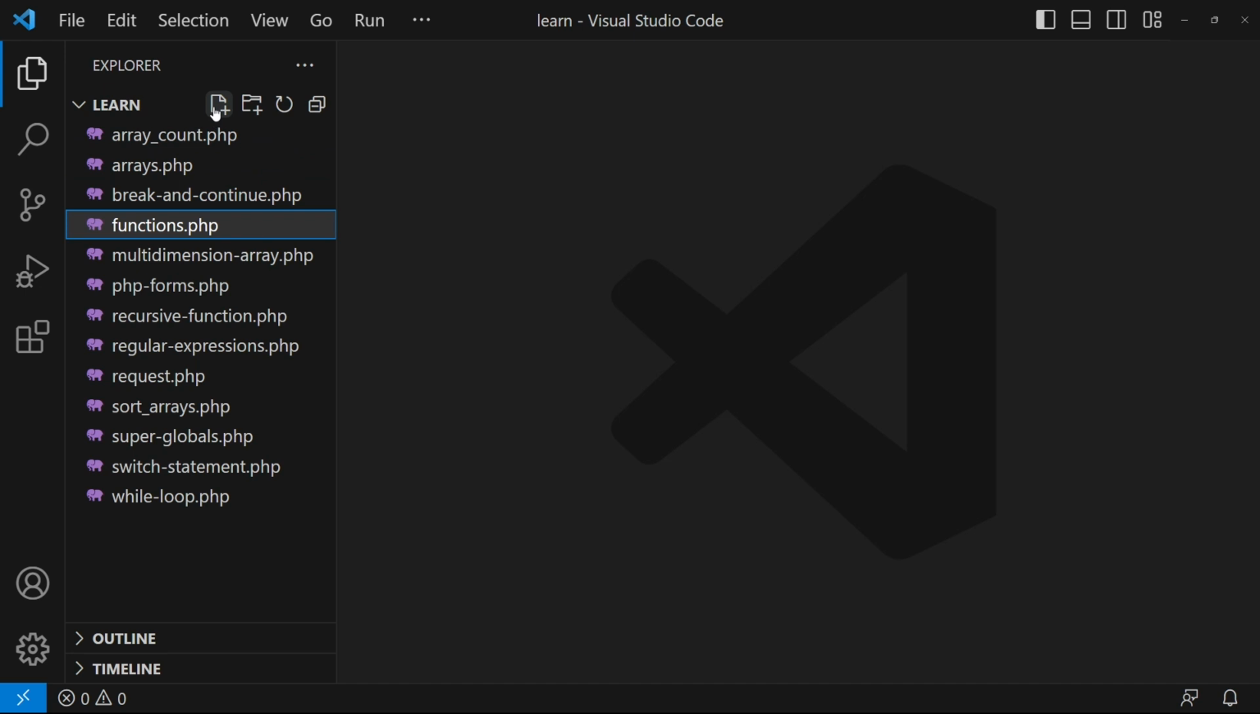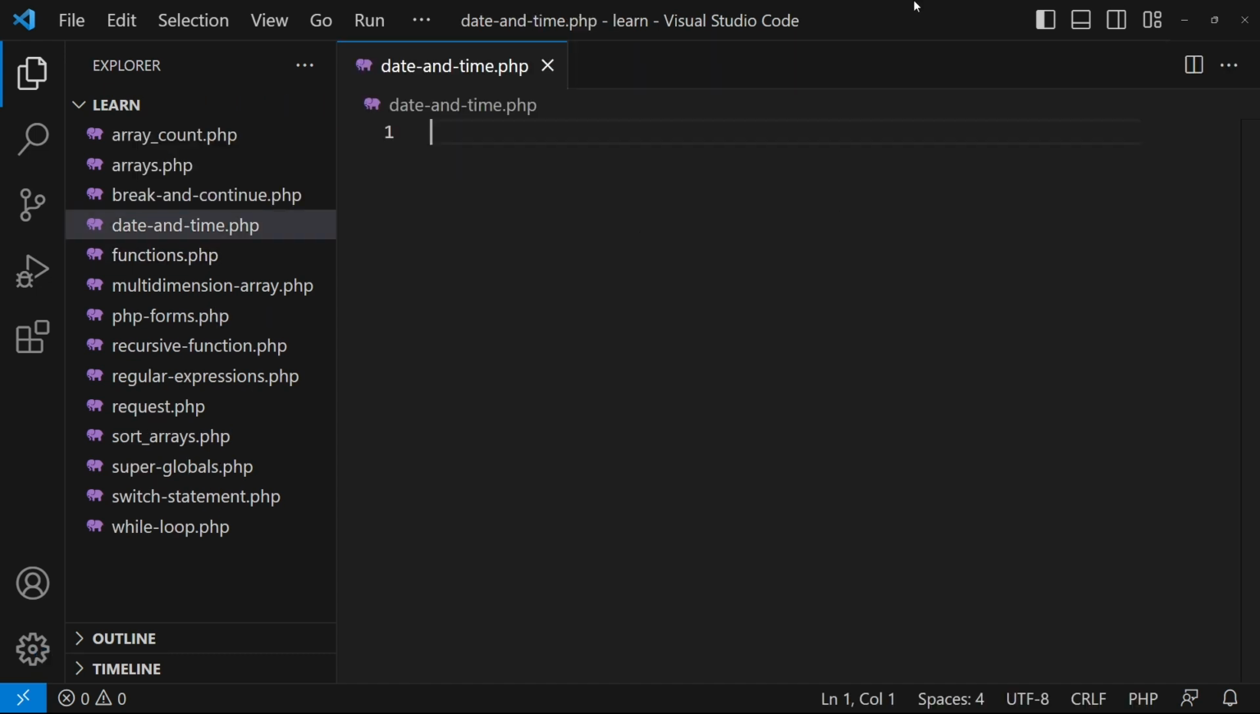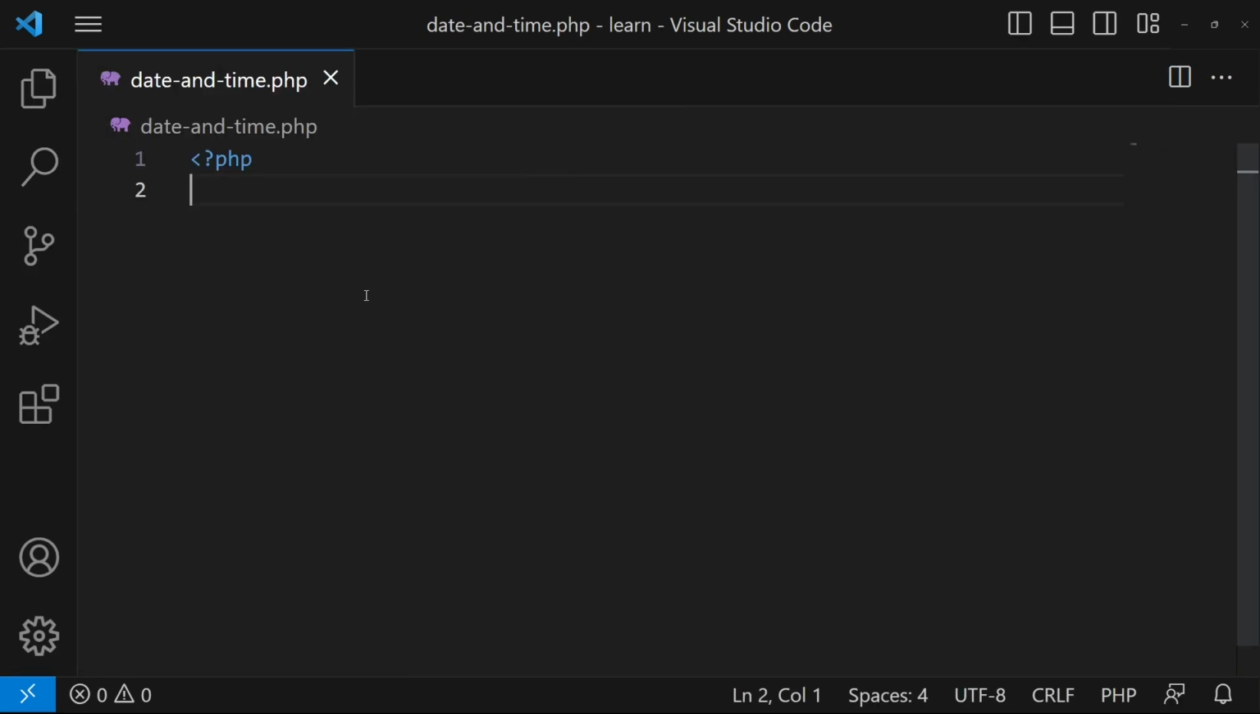First of all, I will click on this new file and create a new file called date-time.php, and here I will create a PHP opening tag, and from here I will hide this sidebar. Date and time are also an important part of PHP application development, because suppose you are building